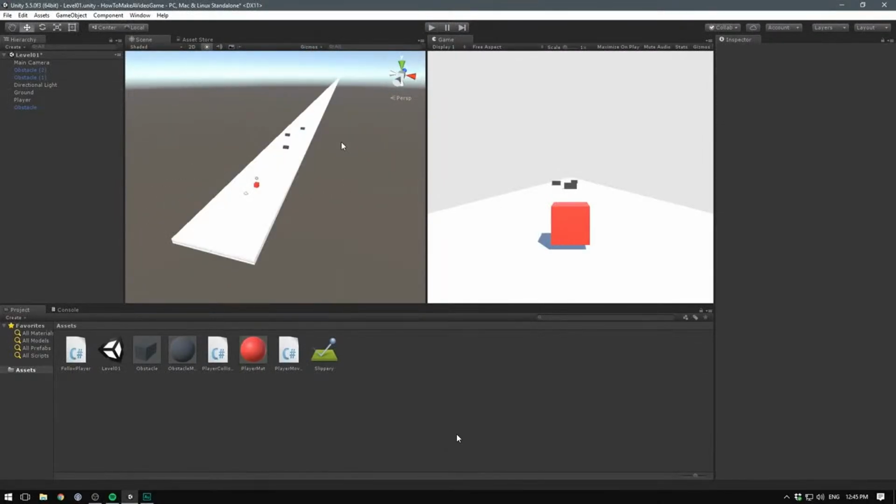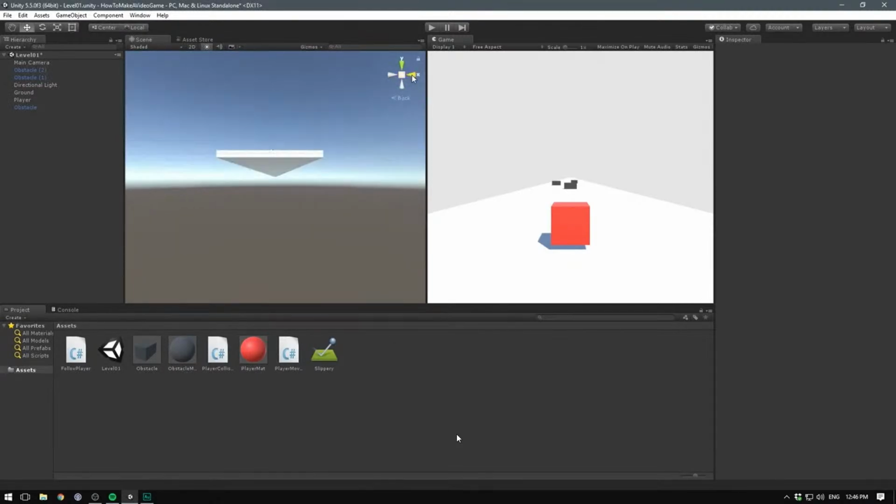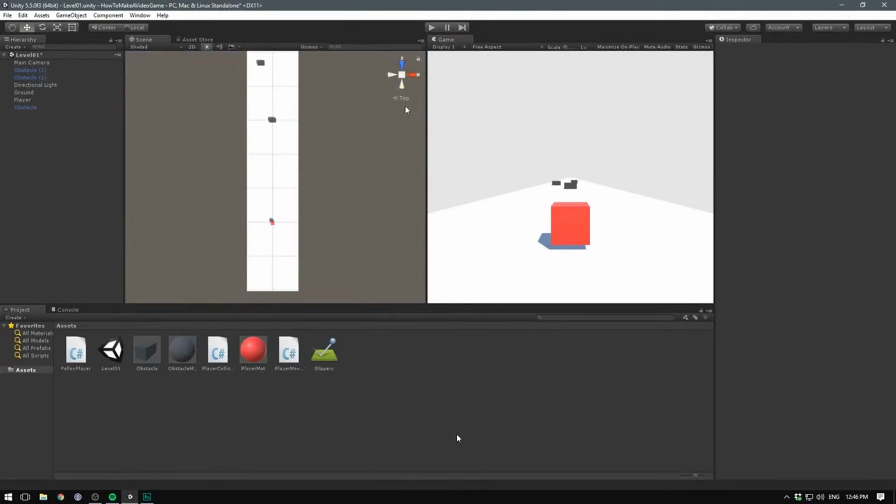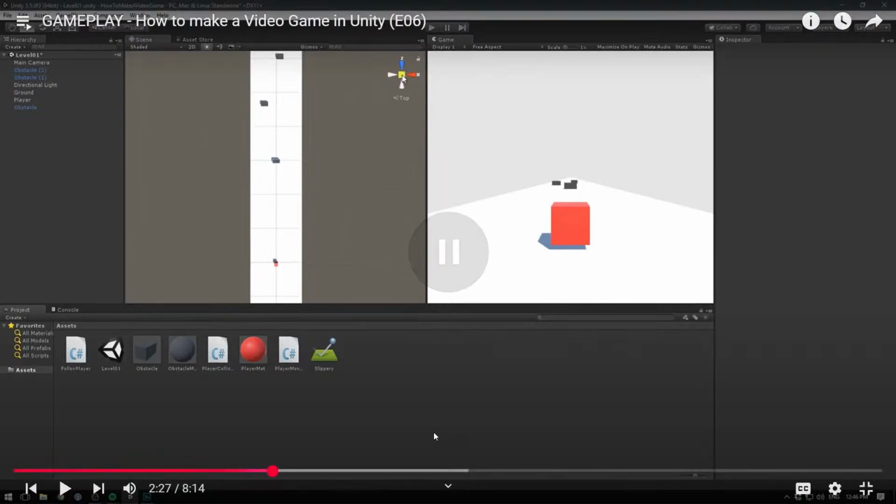Now of course we can begin sketching out our level. There are a few things we can do to make that easier for us. The first one is getting the right view in the scene view. Notice how we have different axes up here. We can actually click on those to shift our view to that axis. So let's click on the Y. However, we're currently in perspective view. If we click on the center cube,